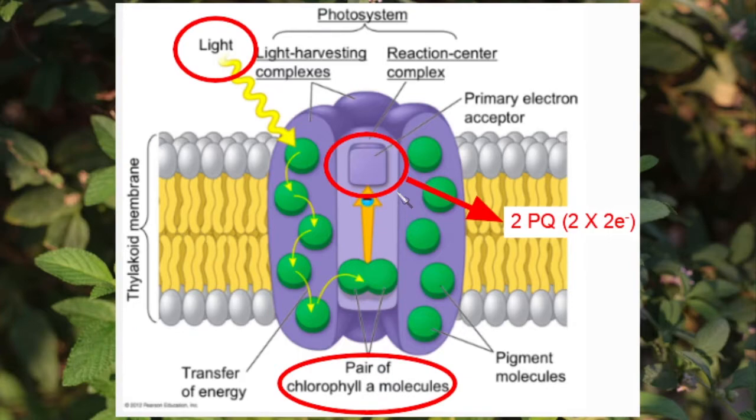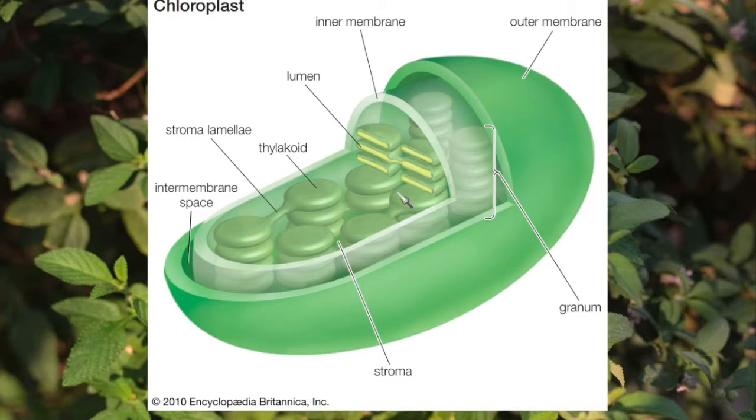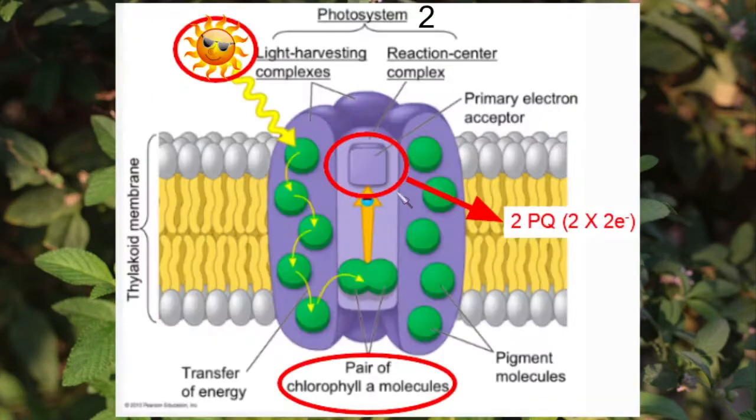Okay, now this is one of the parts of the light-dependent reactions. It's called photosystem 2. This occurs in the thylakoid membrane. What happens is the sun is constantly releasing photons of light. One of these photons is absorbed by a chlorophyll molecule. Then two of these molecules are so excited that they have a photon of light